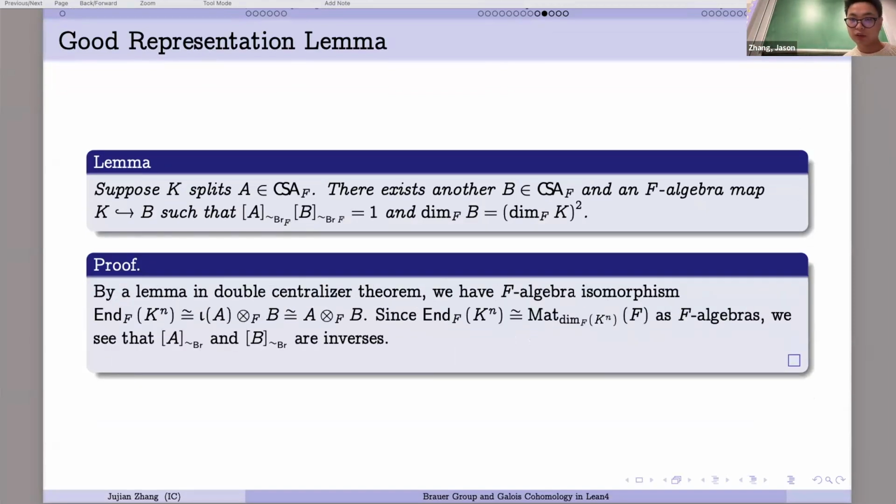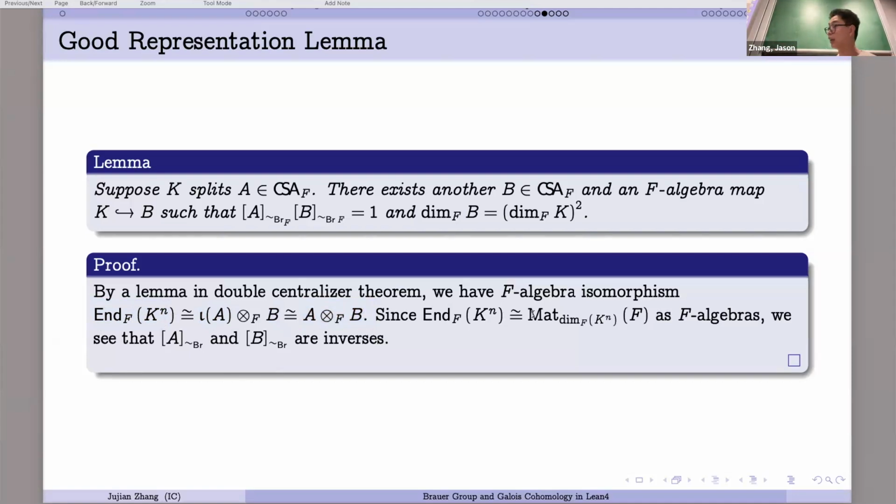So now we need to prove that they are inverses to each other, and this is because, again by the double centralizer theorem, we can decompose a ring into a subalgebra tensored with the centralizer of that subalgebra. So now we are decomposing this endomorphism ring into the subalgebra I of A with the centralizer of I of A. And this is isomorphic to A tensor B,